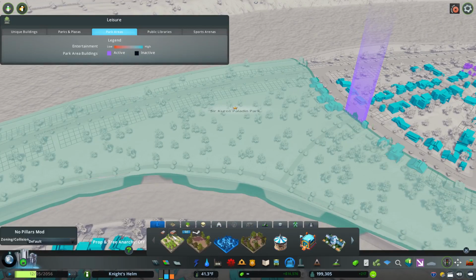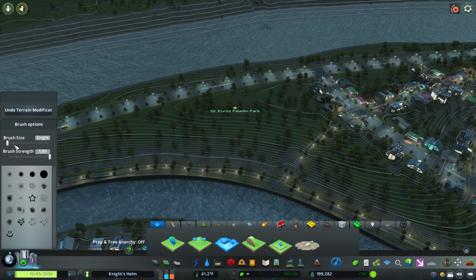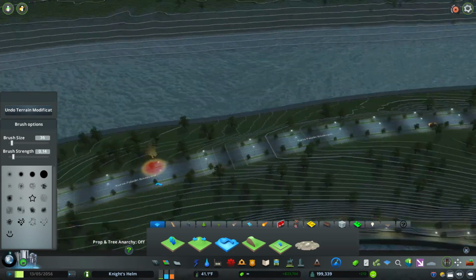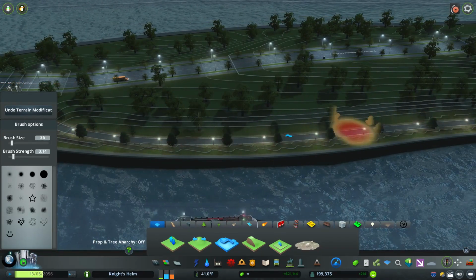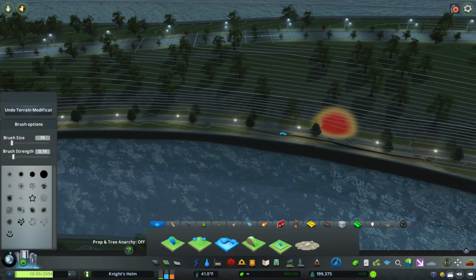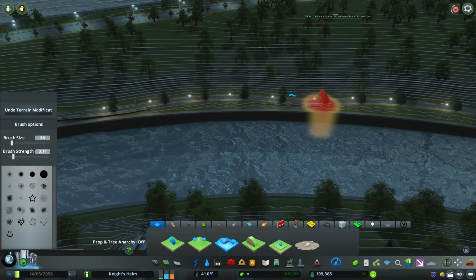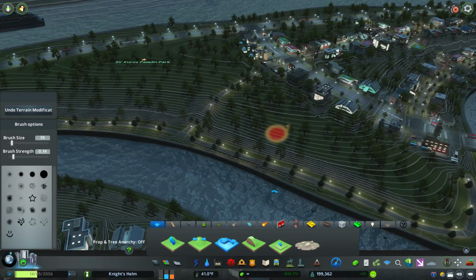I want to grab the terrain tool. Boom. And I want to smooth. I want a very small brush with a very low strength. And I just want to smooth this out over around this. That's really not doing anything, is it? Nope. Okay. Alright, so anyhow,